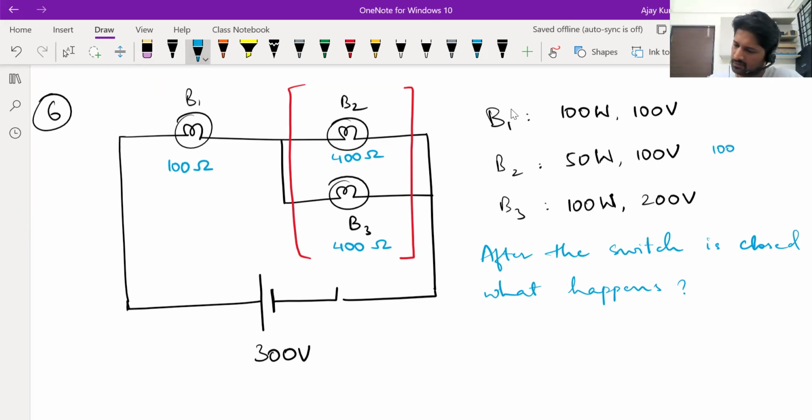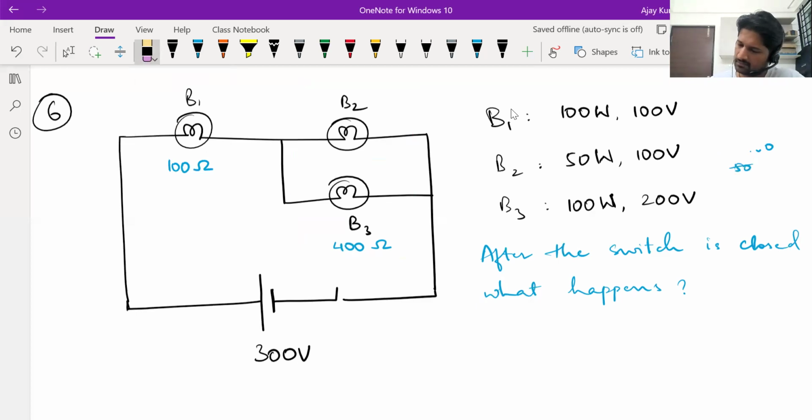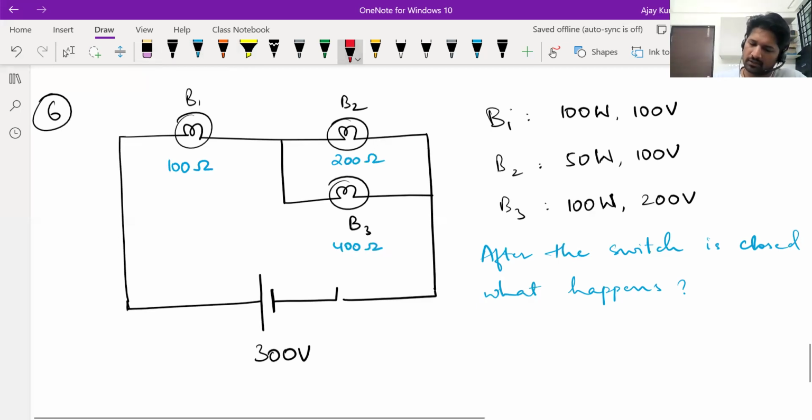V square, 100 into 100 divided by P. Okay, fine, 200. Correct. Sorry. What about B3? 400. Fine. 200 and 400 in parallel effectively become